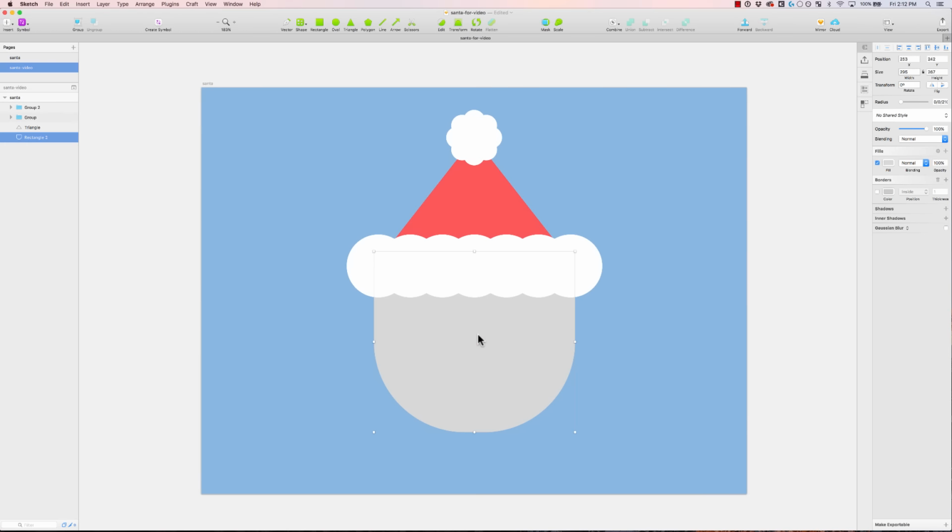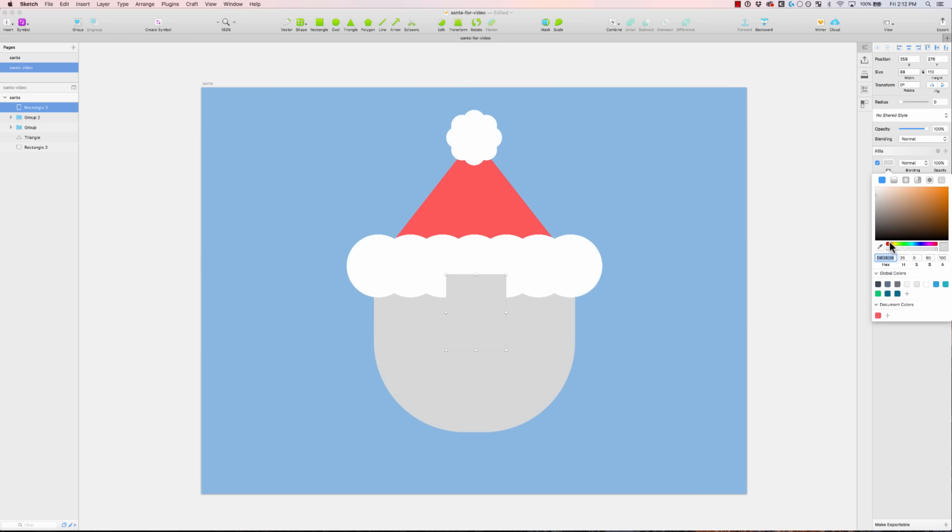I'm going to leave it at gray right now, so I can just see the difference between this and this. And then I'm going to start adding the shape of the face. And this is going to be a little bit tricky, but just bear with me. I'm going to change the color of this, just the color of skin. There you go. I'm going to add corner radius to it, and I'm going to be using different shapes to